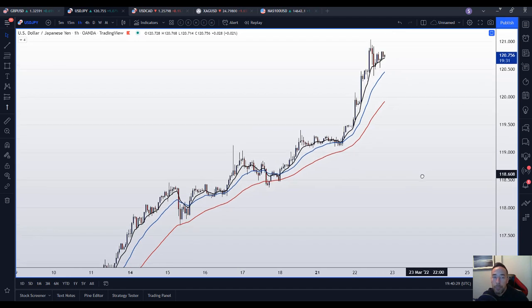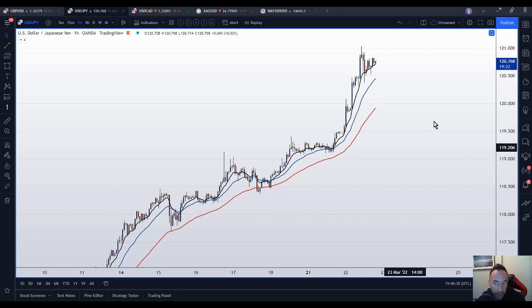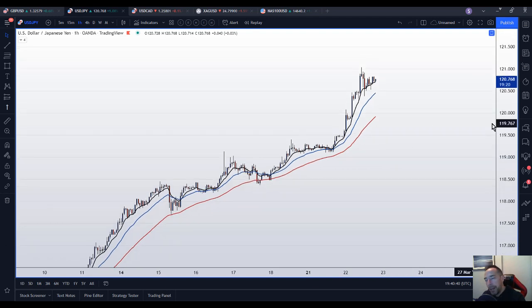So for me, for instance, on the hourly, I'll be looking for a pullback at least into the 20 moving average, which is in blue here, and then buyers to come into the market again. So with these yen pairs, I think because they're so overextended, intraday trades only long with a valid trading setup. Okay, don't just buy. You have to be trading with a strategy. Really important: strategy and risk management.